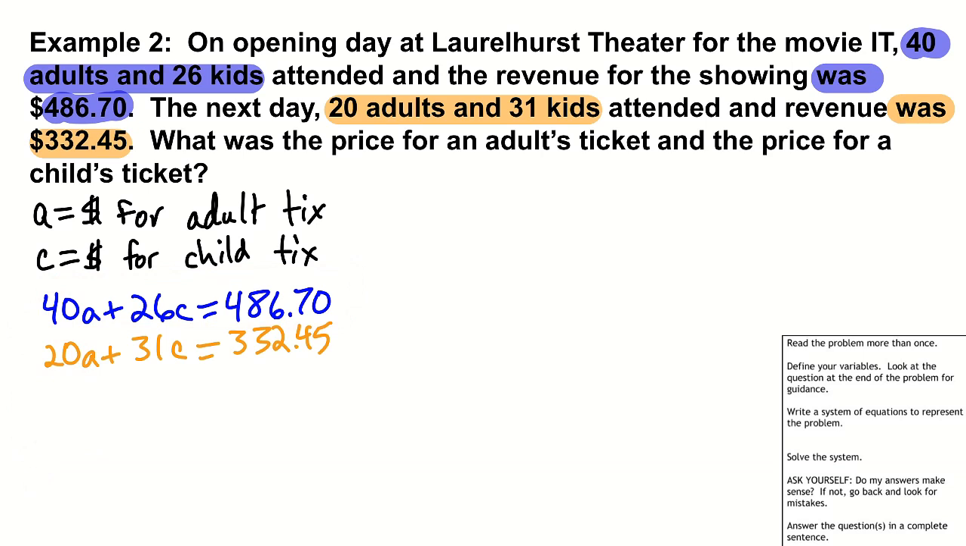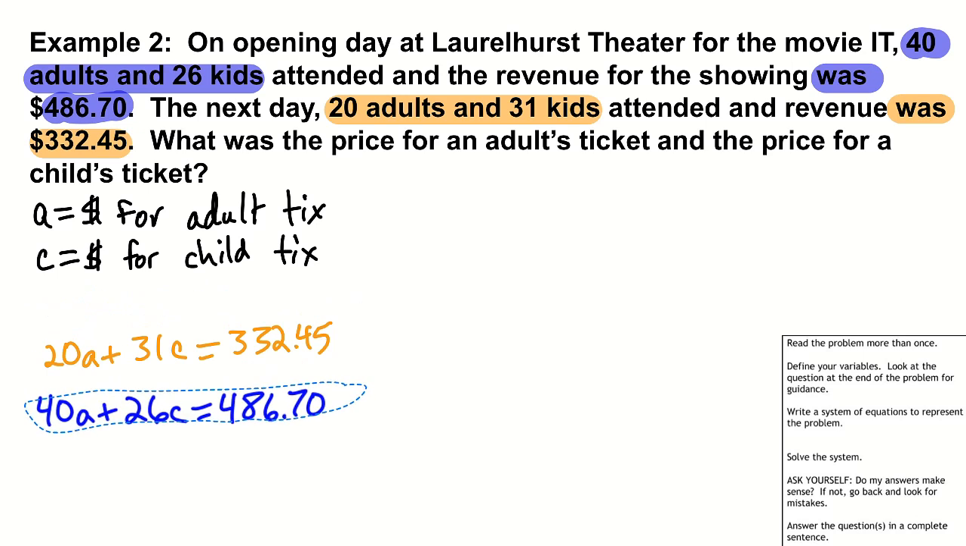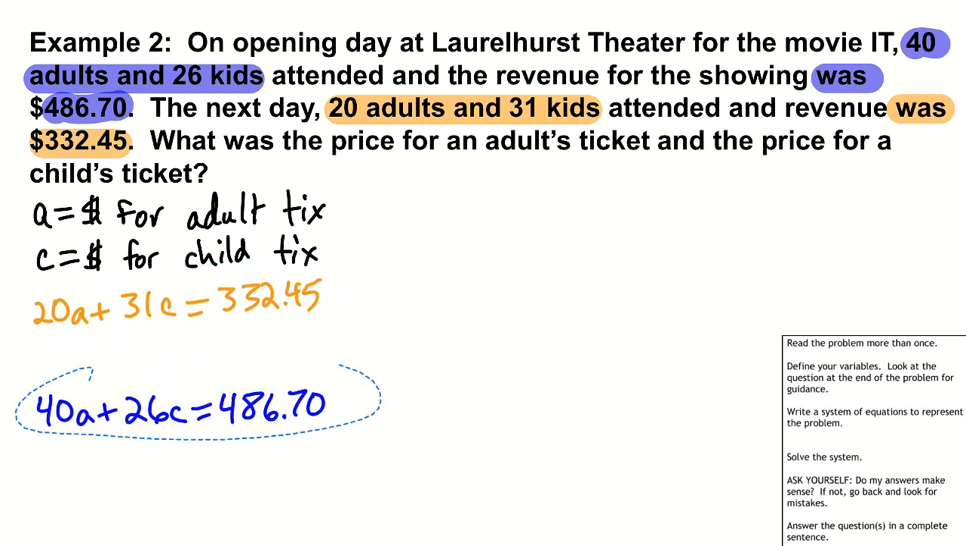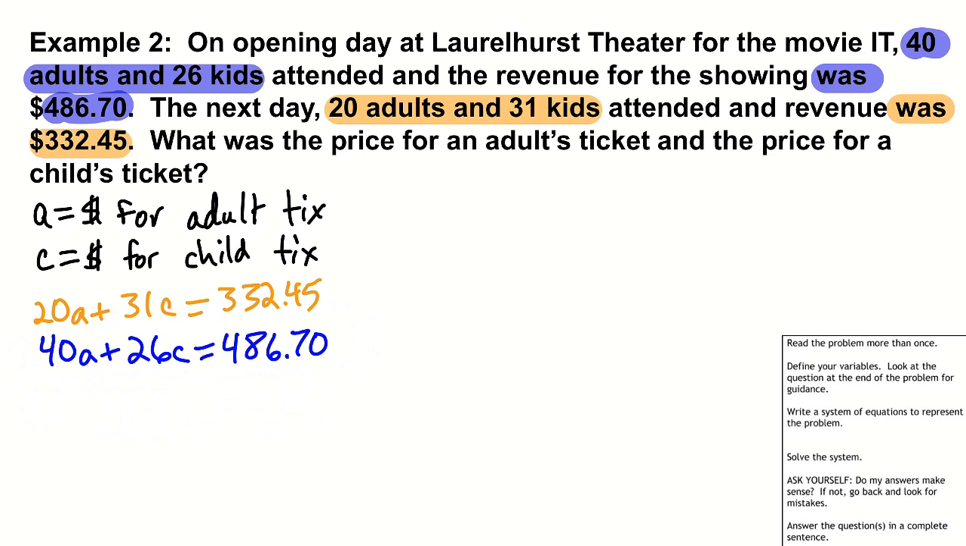So I'm going to just multiply the second equation there. So I'm going to switch these. This is something you can do if you have a digital work. It's nice. I'm going to take this and I'm going to multiply it by -2. Multiplying by -2, so I'll get -40a minus 62c